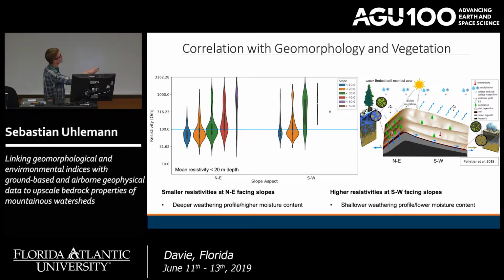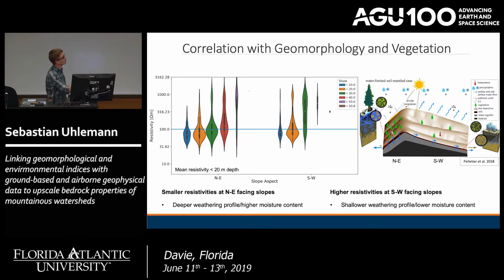What we see in comparison now is that we get comparably smaller resistivities at northeast facing slopes, which means that we potentially have deeper weathering profiles and higher moisture content. And we get higher resistivities at the southwestern facing slopes, which means we probably have less moisture and less or